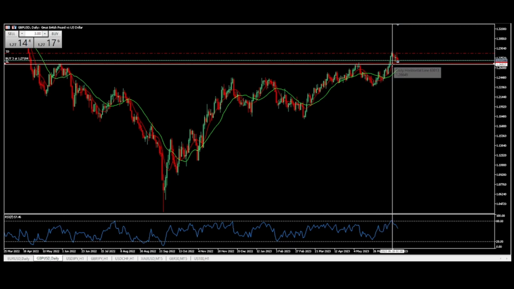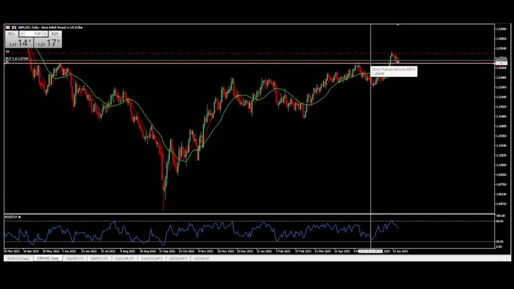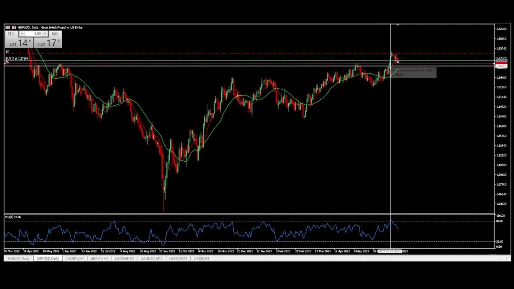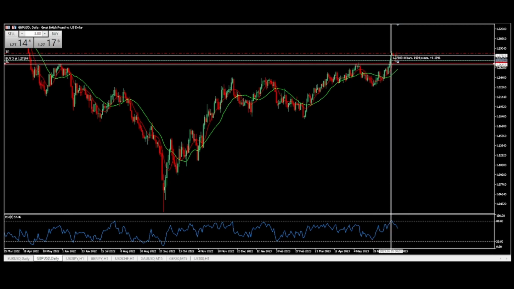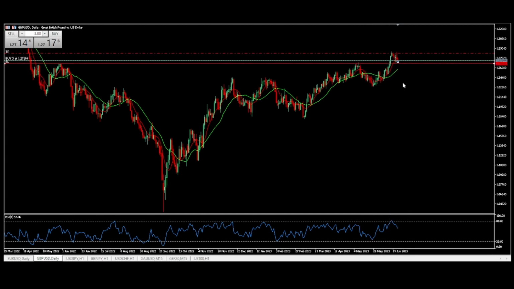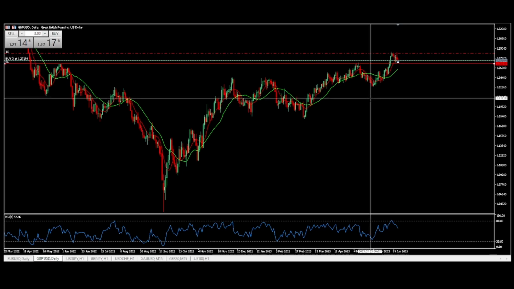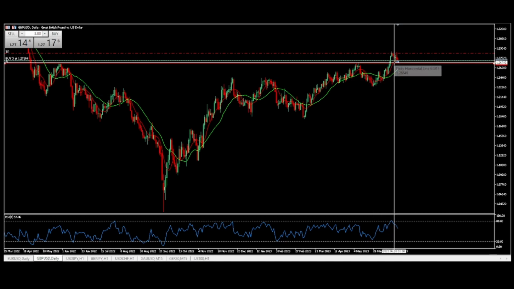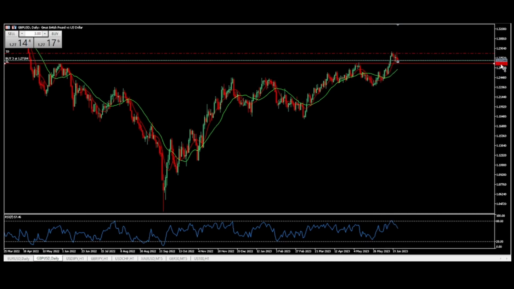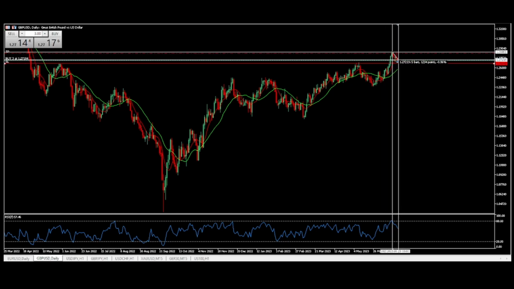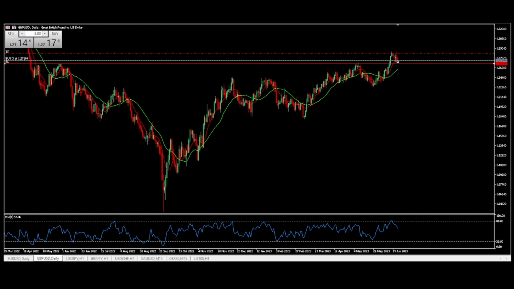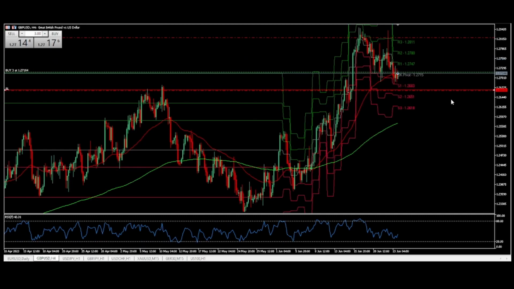Now, what we've seen as of recent is this resistance line that I've just drawn here. It's actually being broken right here with this long bullish candle. So a break of resistance normally means that there is a continuation of a trend in the upward direction. So what we can see here is a little retracement, and the reason I've actually entered long in here at this retracement, at this level where the blue arrow is,